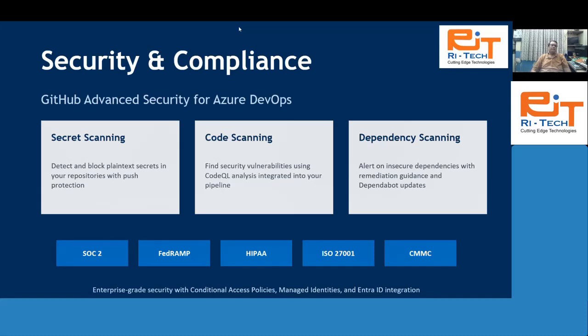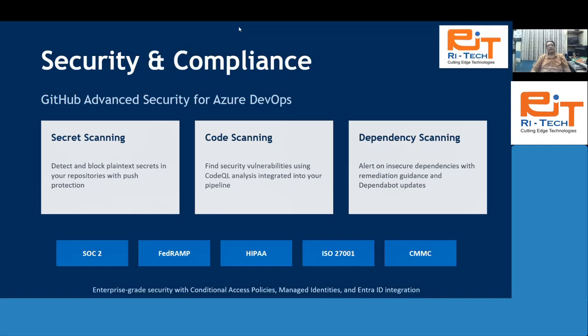So secret scanning: to detect and block plain text secrets in your repositories with push protection. When your code is pushed, it will automatically detect whether your secrets, connection strings, encryption keys or any other keys are in plain text files inside the code in the repositories. So it will verify it before pushing